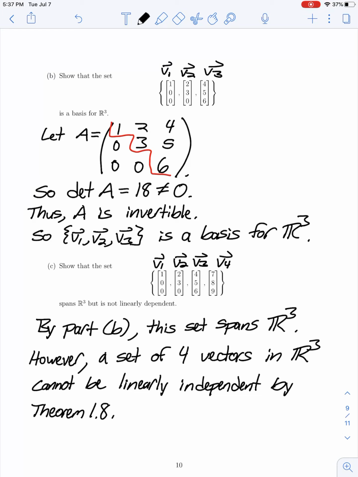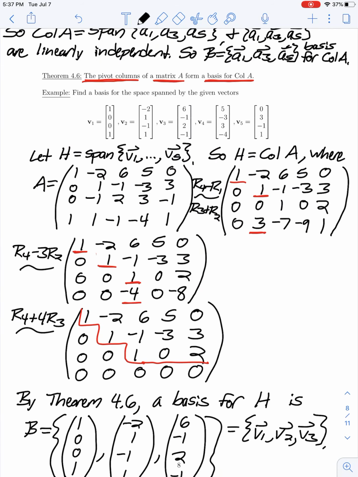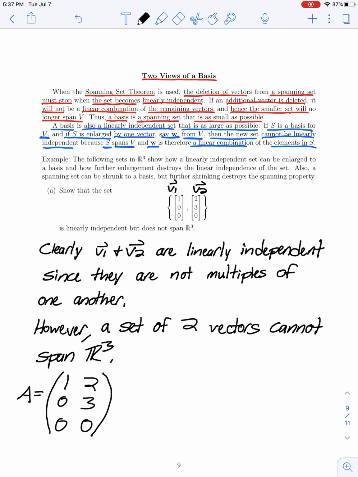Or if we took the basis from part B and we deleted a vector to get to the set we were considering in part A of this example, we saw that we still have linearly independent vectors, but we lose that spanning property. So comparing these sets of vectors in parts A, B, and C illustrates these two different ways to view a basis, either as the smallest possible spanning set or the largest possible linearly independent